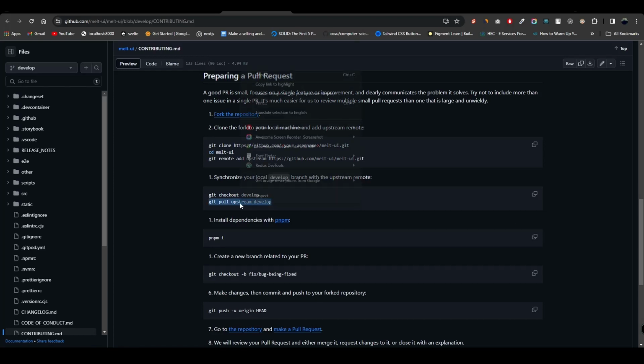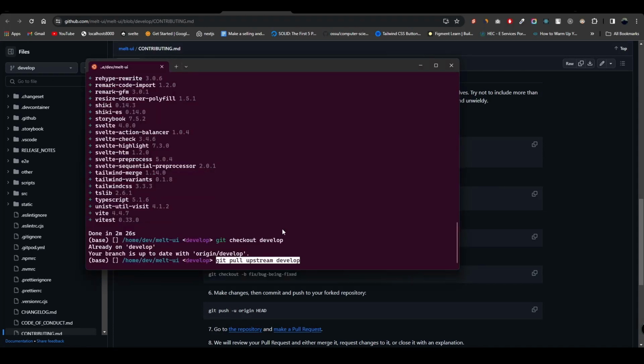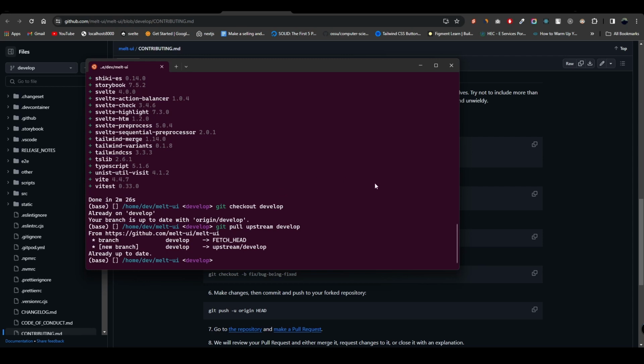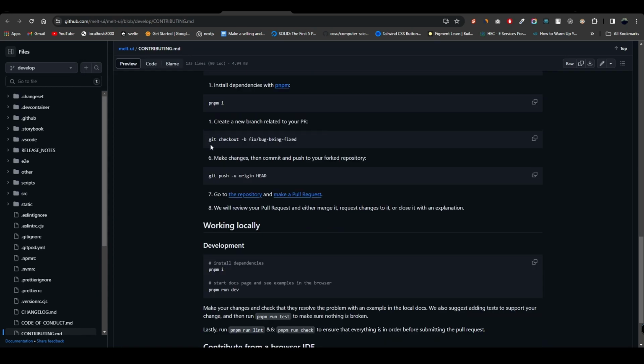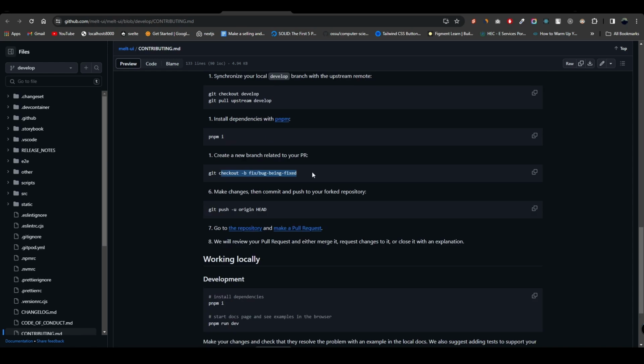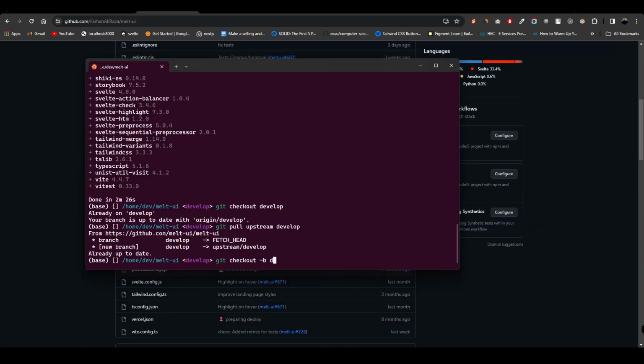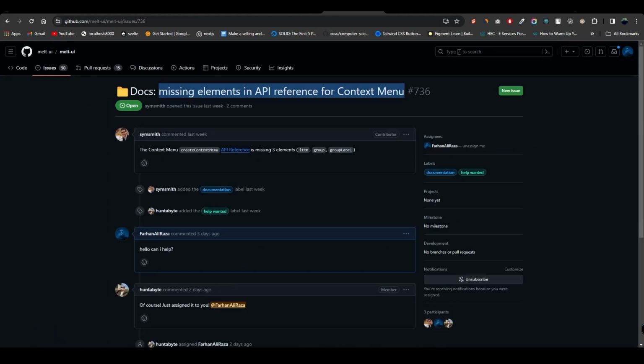And then I'm going to pull changes from that branch, because I forked it recently, so I'm already up to date. Now we are going to create a branch and then check out to that branch. This is a documentation change, so I'm going to name it docs, and then I'm going to just name